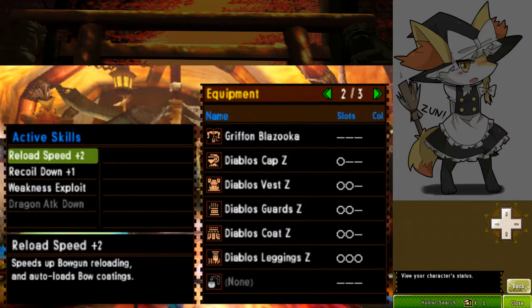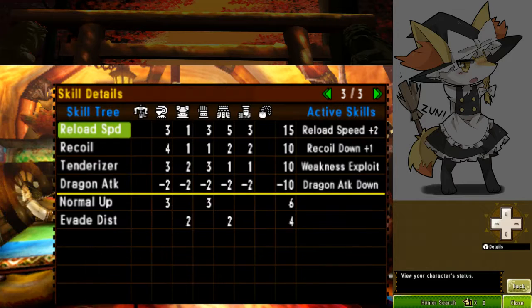I have a lot of different ones that can do that. Evade distance is something you can gem in because there is a lot of slots on the middle pieces of this armor. 2 of those 2 slot pieces can give you evade extender, which is really good for heavy bowguns, and is still nice for light bowguns too. Being able to sidestep things more easily is always a good thing. So evade extend, very good skill to have around,